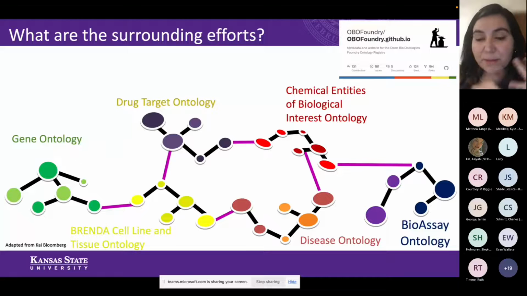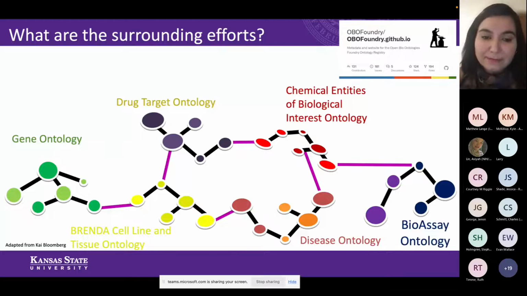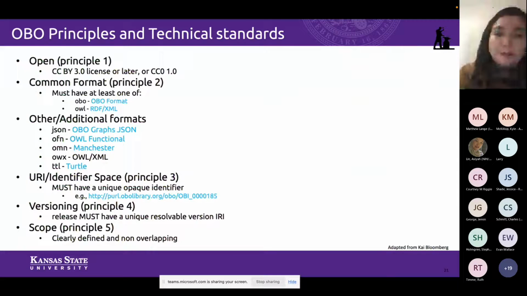I am an active member of the OBO Operations Committee and OBO Foundry governance team. And I think it's great that there is so much effort in building quality data, vocabularies and ontologies using the OBO Foundry principles. I'm not going to go over them.